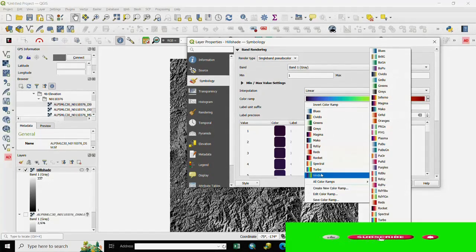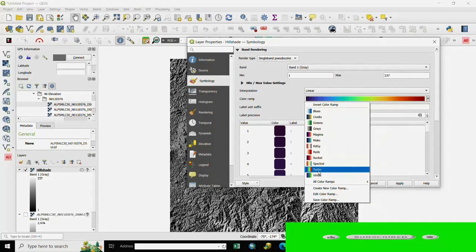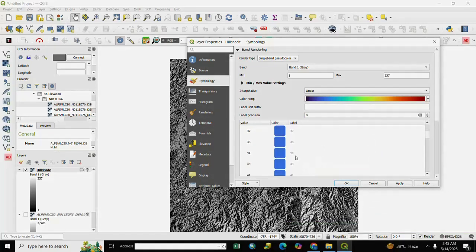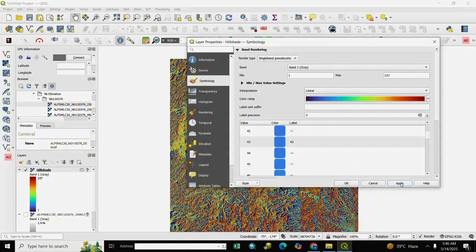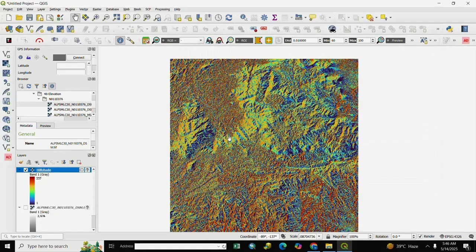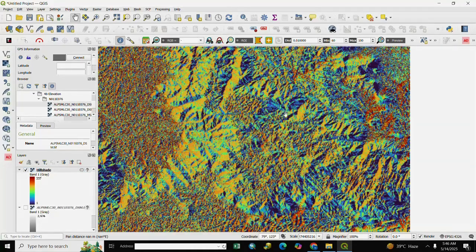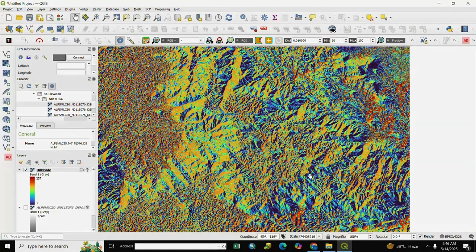We select Turbo and here is the Turbo color. As per your requirement you select it and Apply and OK. You see here your hillshade area is created successfully.